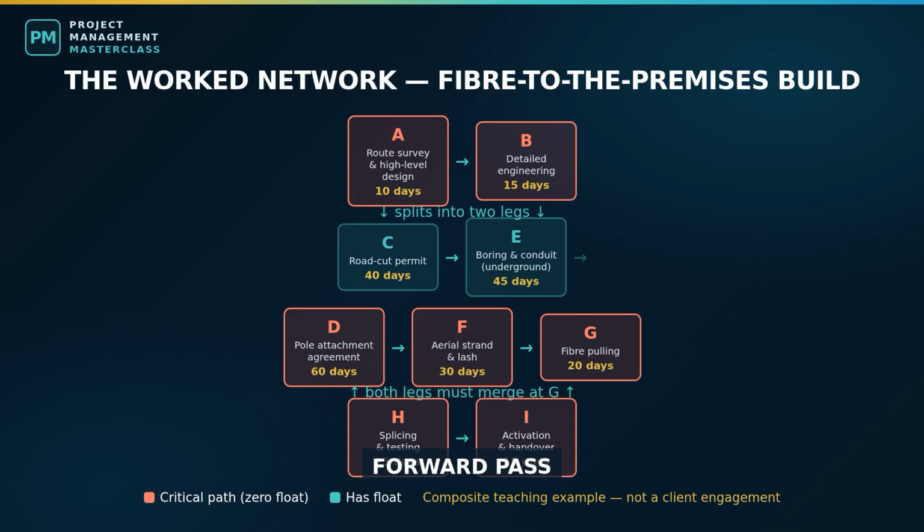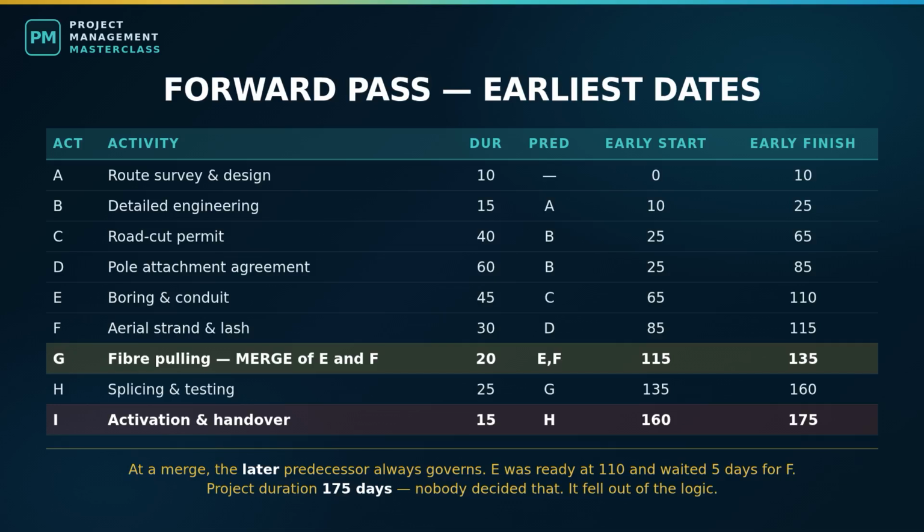Activity A, route survey and high-level design. 10 days. Nothing comes before it. Activity B, detailed engineering. 15 days. It needs A, finished. Activity C, road cut permit application and approval. 40 days. It needs B. Activity D, pole attachment agreement with the utility. 60 days. It also needs B. Activity E, boring and conduit, the underground route. 45 days. It needs the road cut permit,